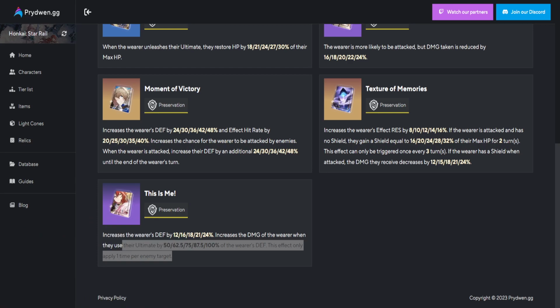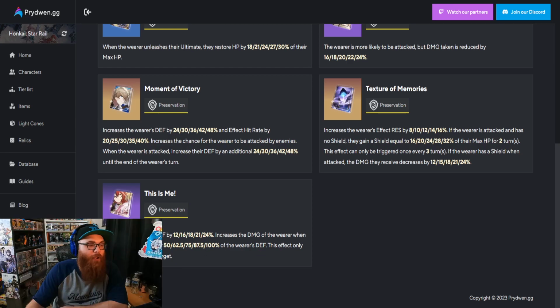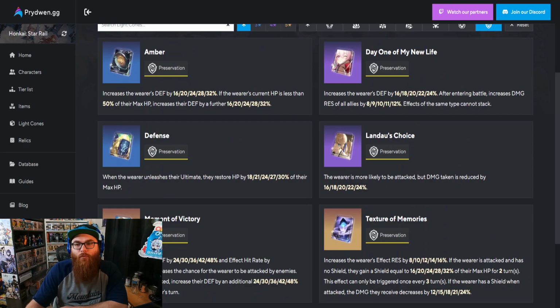Now, it increases the wearer's defense by 12, 16, 18, 21, and 24%. It increases the damage of the wearer when they use their ultimate by 50, 62.5, 75, 87.5, and 100% of the wearer's defense. This effect can only be applied 1 time per enemy character. Now, I feel that it's either going to be Day 1 of My New Life,